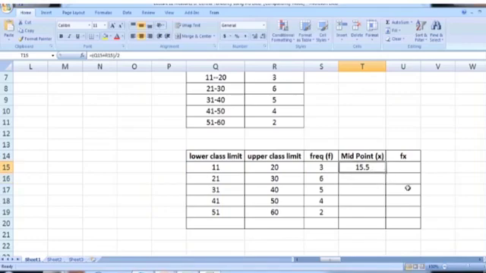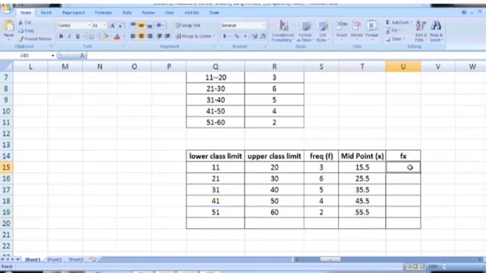Just take your mouse cursor to the bottom right corner of this box and drag it down. You can see that the formula is automatically adjusted for the rest of the cells. The next midpoint is the sum of Q16 and R16 divided by 2, and next we have Q17, R17 divided by 2, and the last one, Q19 plus R19 divided by 2. So this is how to calculate the midpoint, which is the sum of lower and upper class limit divided by 2.